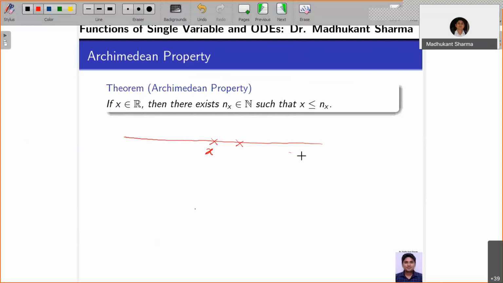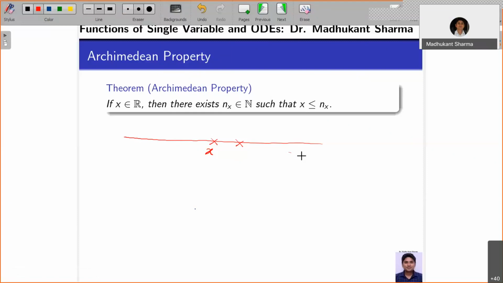Okay, so this certainly assumes some of the axioms, like the well ordering property we have learned for the set of natural numbers, that if a subset of N is non-empty, then it has a least element. Okay, that's the well ordering property, right? And just now we have learned the completeness property of R also. So we are going to use maybe both of them or maybe one of them.